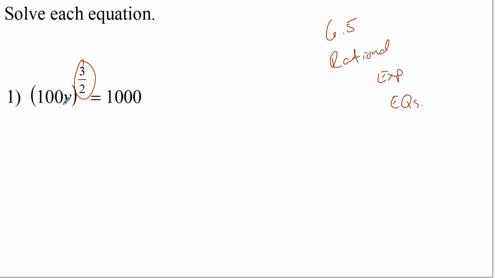Basically, I want to find the value of v such that if I multiplied and then took this power, I get 1,000. Okay, so we have to figure this out, and I'll show you some strategies and some tips on how to do so. Let's get it started in here. First thing we have to do, just like we did in the last video with square root equations and higher power equations with radicals, you have to isolate